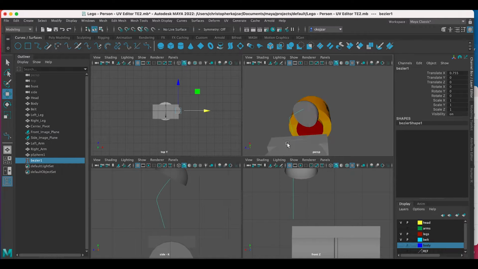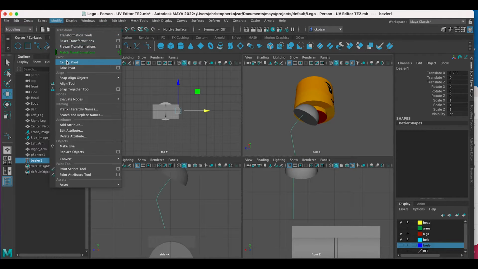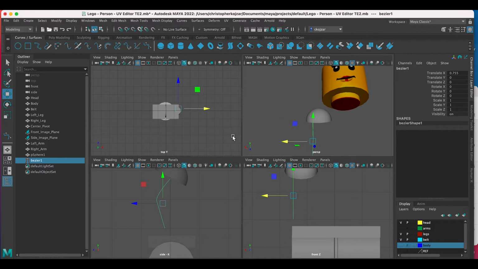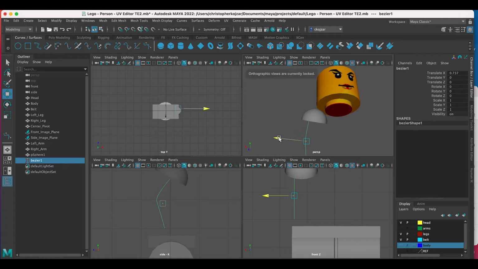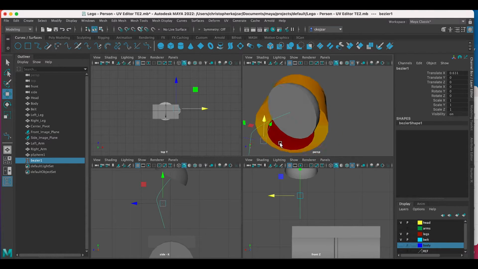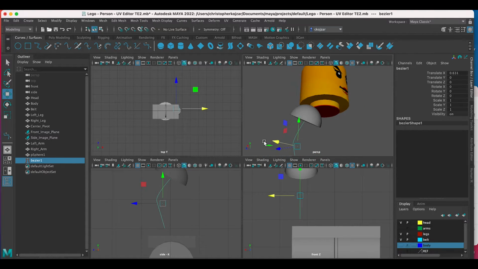That pivot point is way down here. So I'm gonna actually center that pivot point by going into modify, center pivot, and it'll bring the pivot point back up here. And I'm just going to get that curve kind of in the middle of that filled sphere, half sphere. I want that bend to be there, and really it could almost be like touching it, so it could be